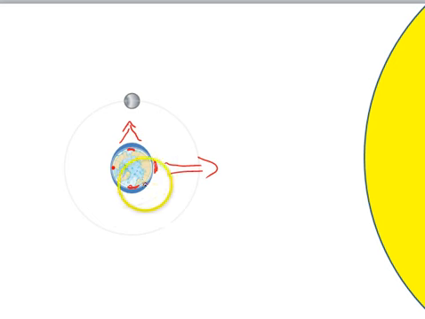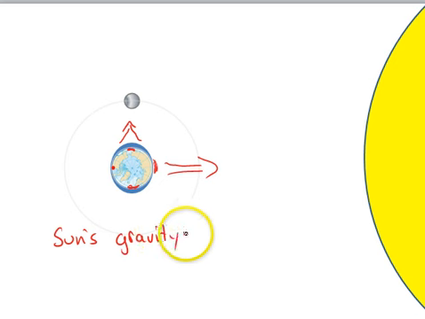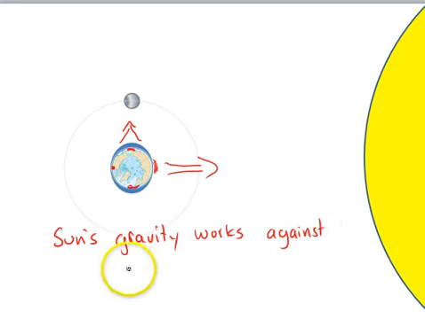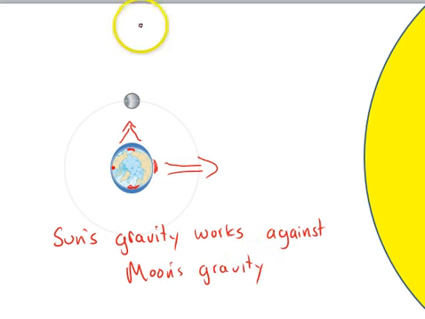And in this arrangement, the sun's gravity works against the moon's gravity. And we call this arrangement a neap tide. All right, I like to say neap, neap, nice short little word, neap, so you have tiny little differences between